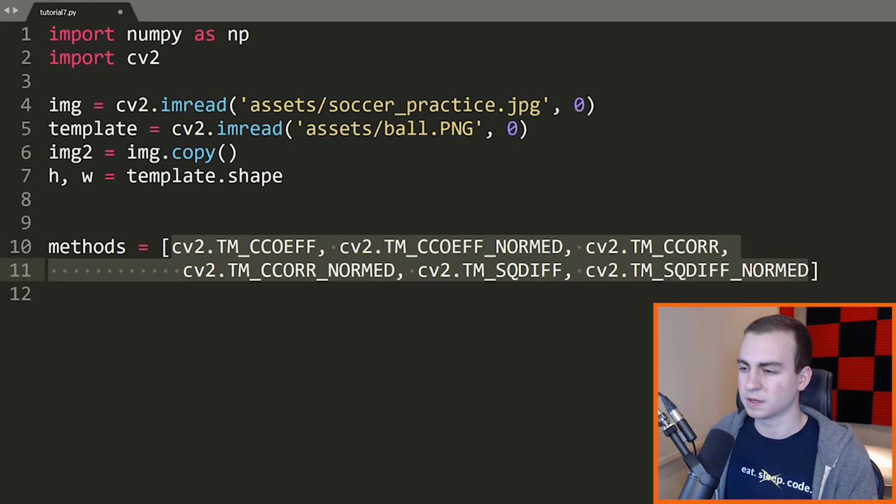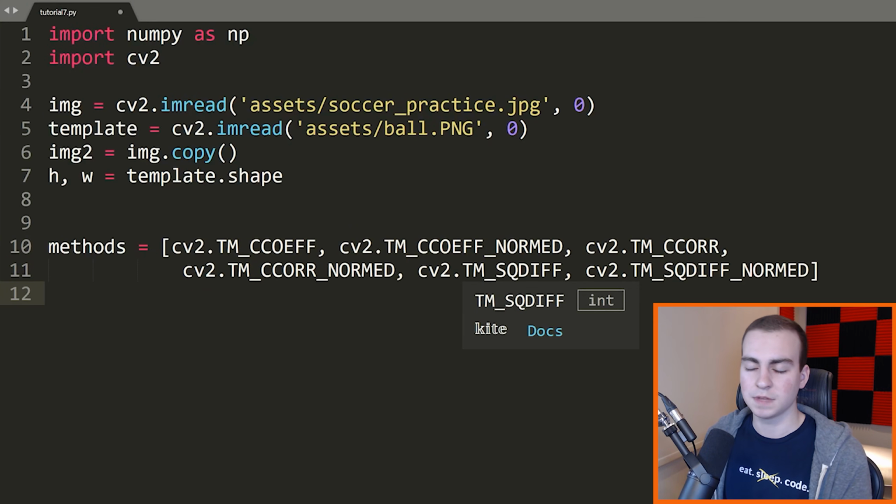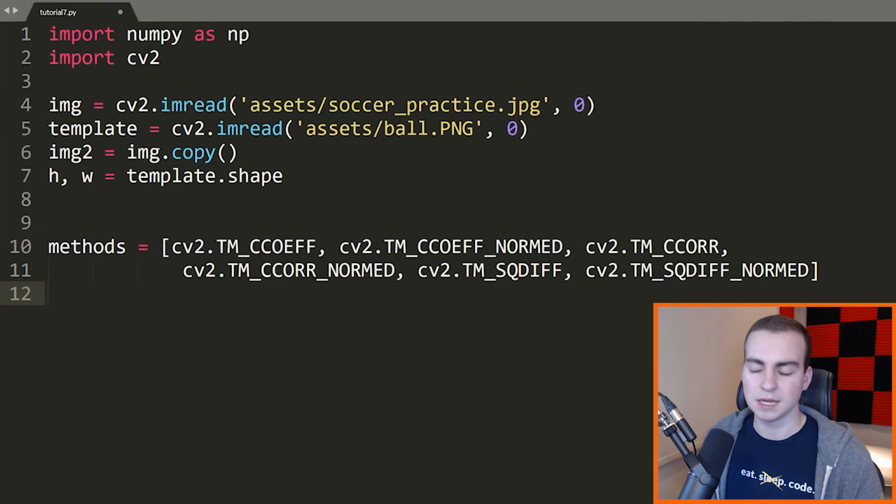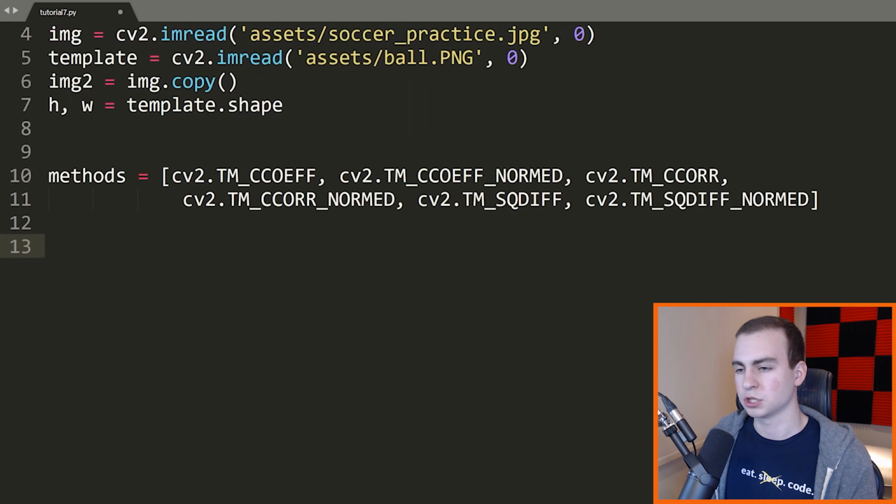I would recommend you just copy this in. I'm not going to explain what all of these methods are and why you would use each of these, but what's recommended in the documentation is that when you're starting to perform template matching, you try with all of the different methods. Then the method that's giving you the best result is the one that you continue to use afterwards. So I will link the documentation in the description if you want to see more about these, but they're just slightly different ways of performing this template matching on our images. So these are the ones, we have them in a list.